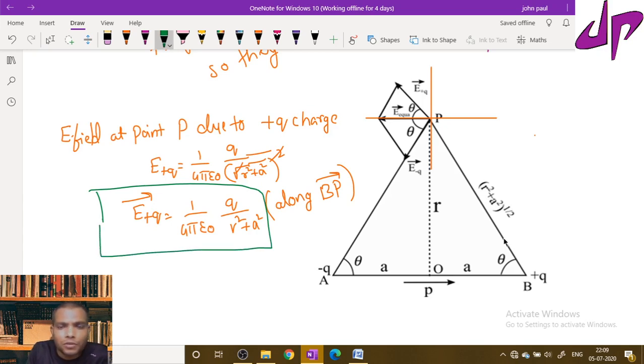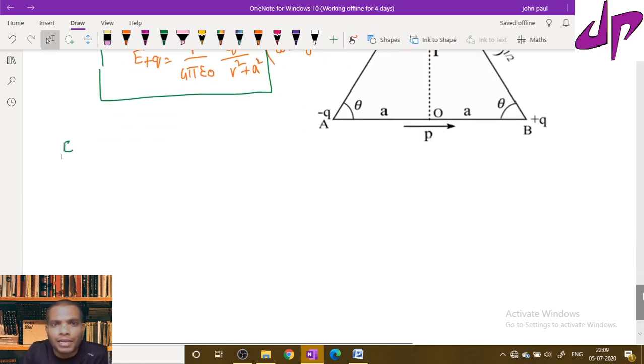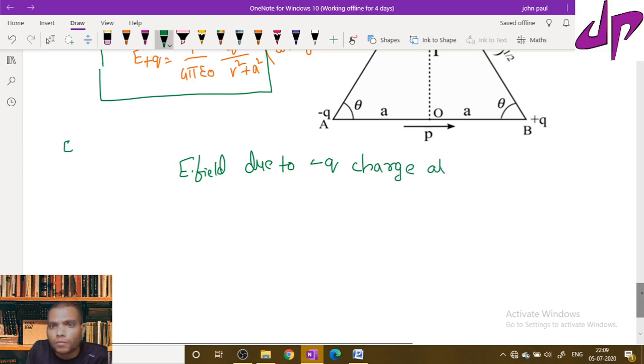And what is the electric field due to the negative charge? So I would like to write: what is the electric field due to the negative charge? Electric field due to minus q charge at point P. At point P, so that you can write as,